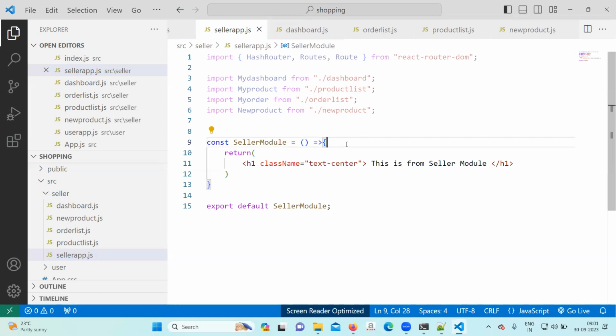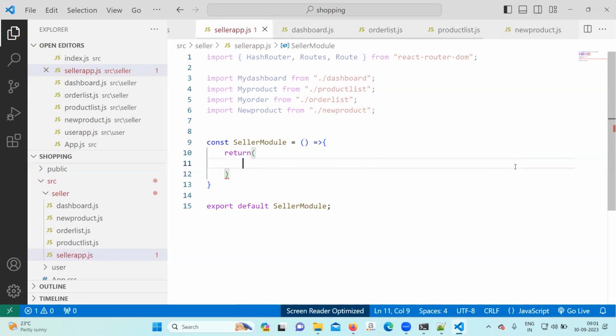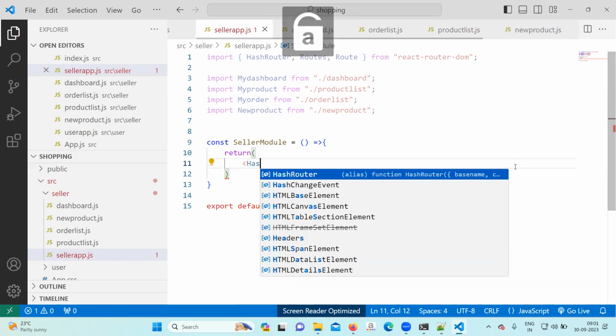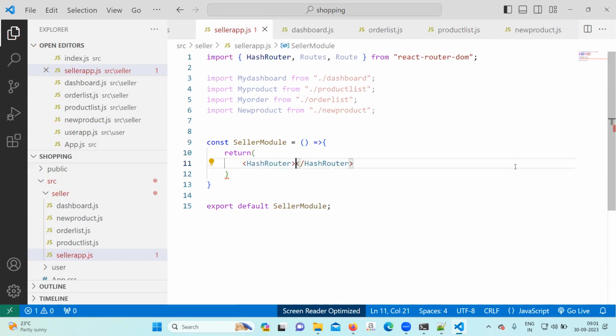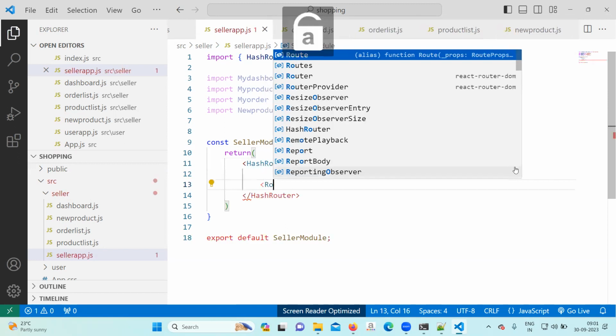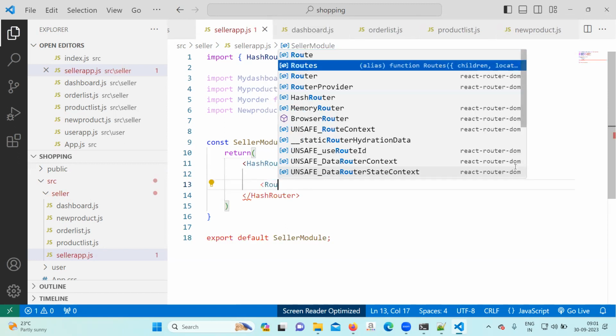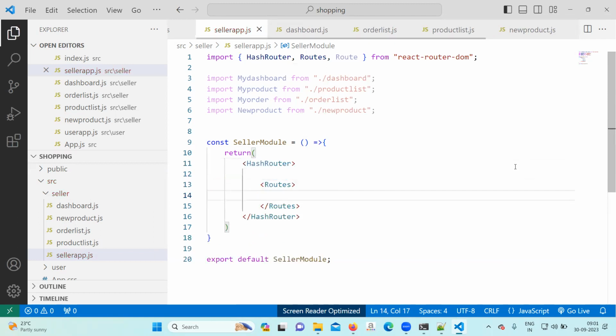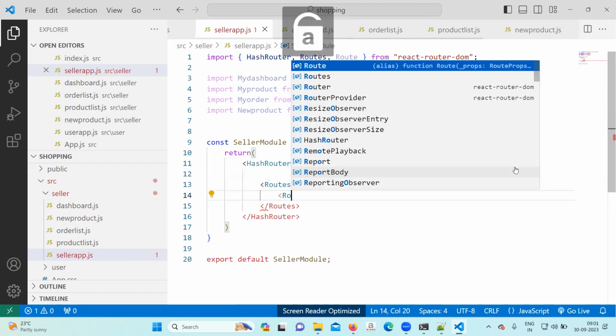Okay, imported. So you will remove here the H1 and you will write here hash router. Inside you will follow the routes. There you will follow the route.